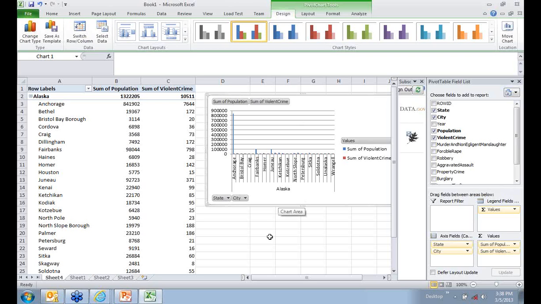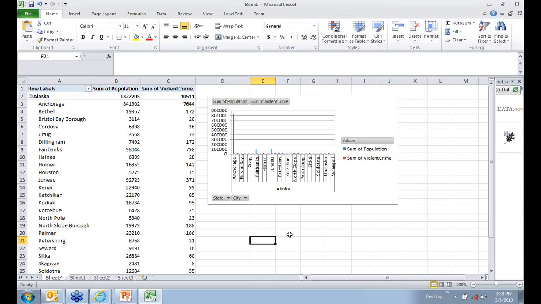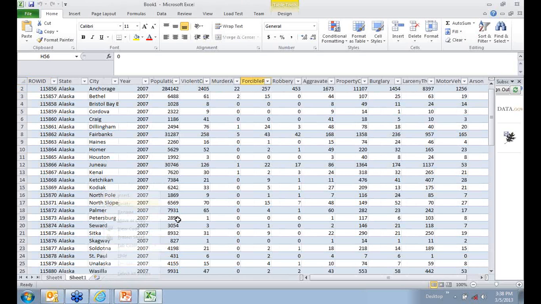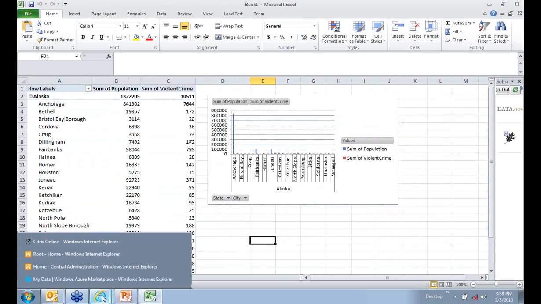So what next I can do? Once your chart is ready and once you have fetched all your data from your data sets, added some business intelligence and created some reports, that particular report you can upload to SharePoint. Okay, now coming back to the discussion of SharePoint, before uploading, let me show you one thing.